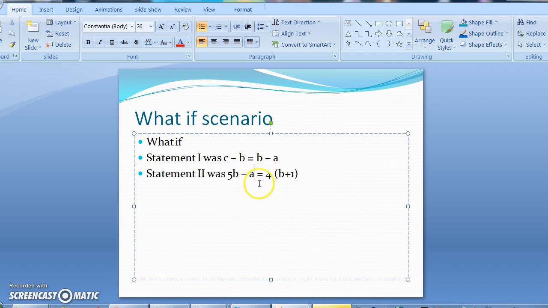Statement 2 tells us, by rearranging, that B minus A equal to 4, so statement 2 is giving me that this deviation is 4, and it's saying that C minus B is also 4. So we can say, by the same logic as we applied earlier, that the three are x minus 4